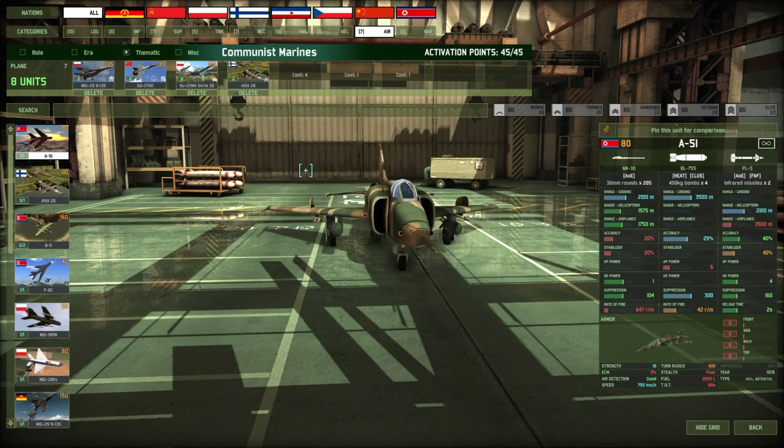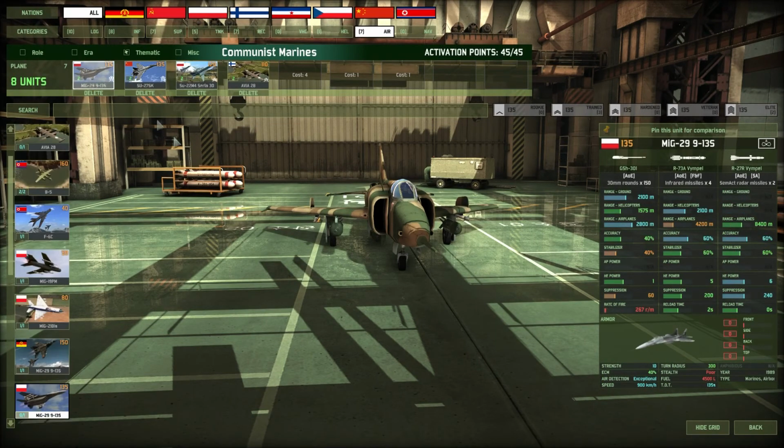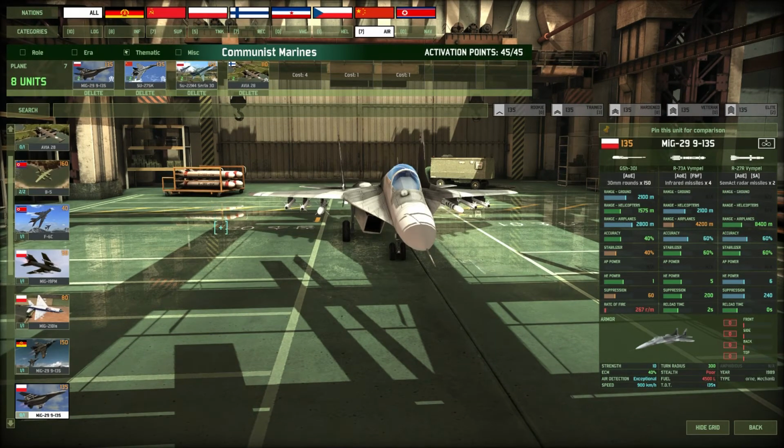All right, then let's get to the aircraft. Now, playing this, I realized I had quite a bit to deal with helicopters in the support tab. I didn't have a whole lot to deal with aircraft. So I actually got 2 cards of air superiority fighters. I've got the MiG-29 from Poland because they've got longer range Vimpel missiles with 6 HE power and pretty accurate missiles, long range and short range. And then I also got the Soviet